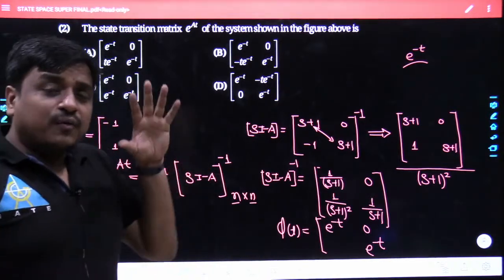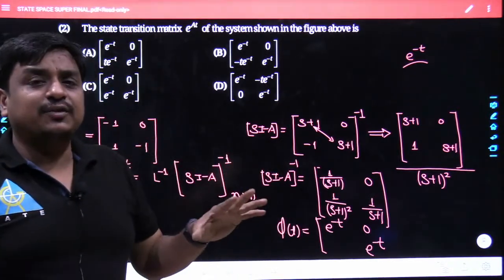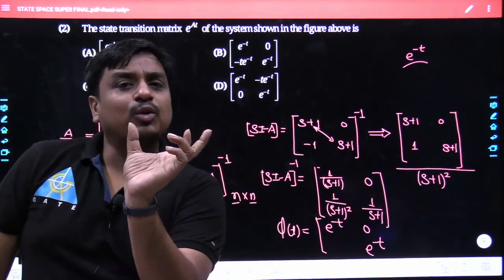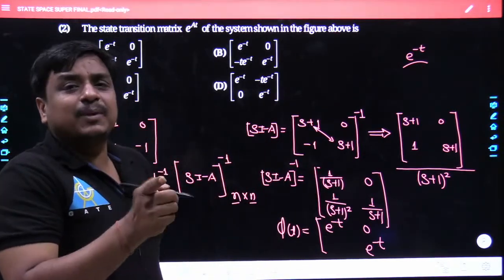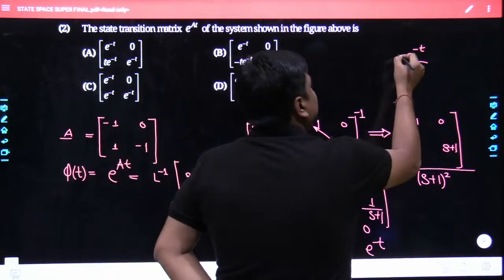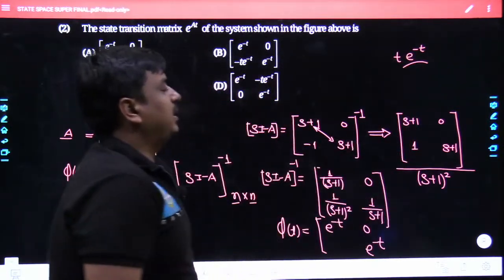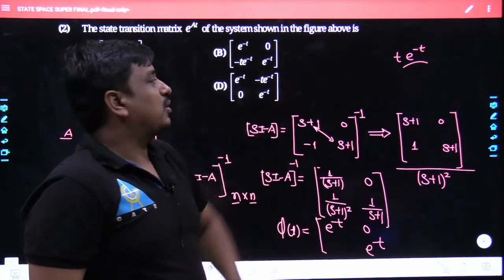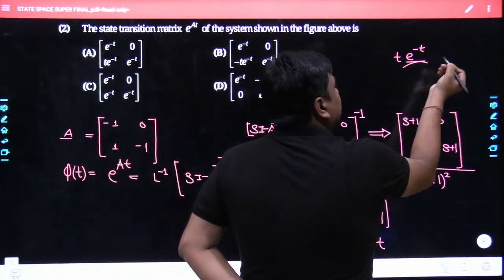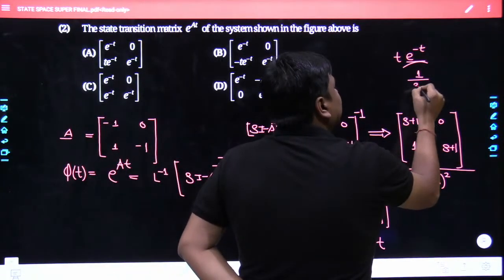If now you are forcing to have the differentiation in S domain, what would happen? The function of denominator would become a square. So how can the differentiation be forced in the Laplace domain? That can be forced just by multiplying t. So just try to get the Laplace transformation of t into e to the power of minus t. The Laplace of e to the power of minus t is nothing but 1 upon s plus 1, and